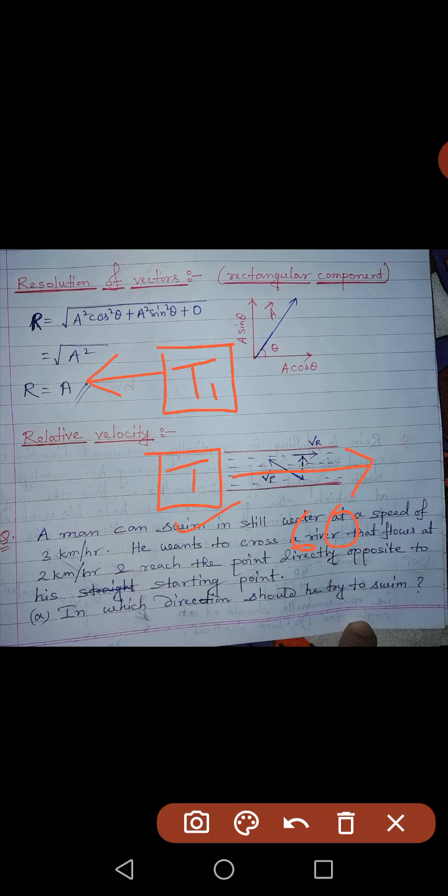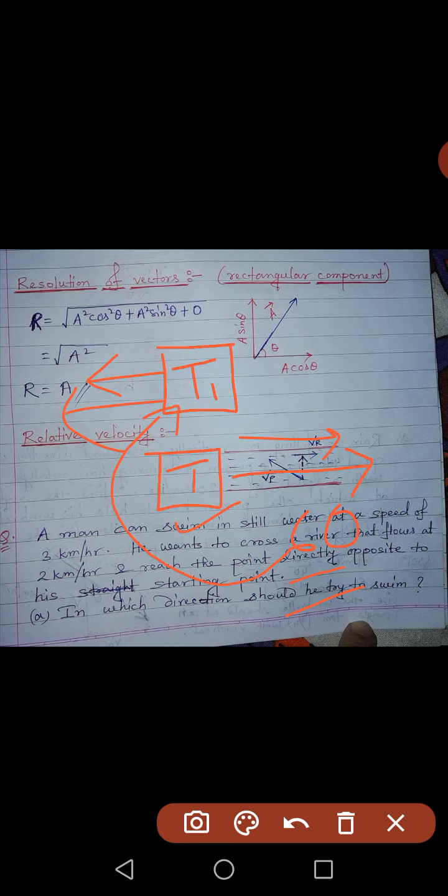How much speed is the train having? 60. So you can assume it in this way, that as if you have given this 60 kilometer speed to this train, but this 60 kilometer is in the backward direction, the negative direction, because you are moving forward and it seems like this train is moving backward. With the same speed, though the train is not moving, but since you have considered yourself to be static, at rest, it feels like that train is moving with negative 60 kilometer per hour velocity.